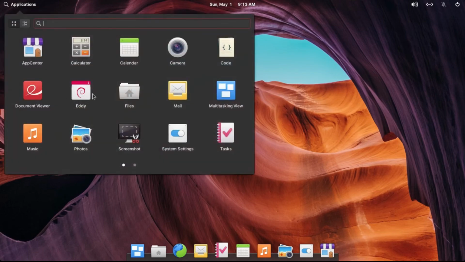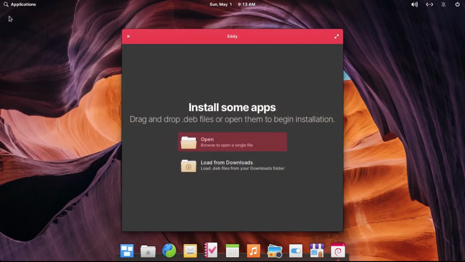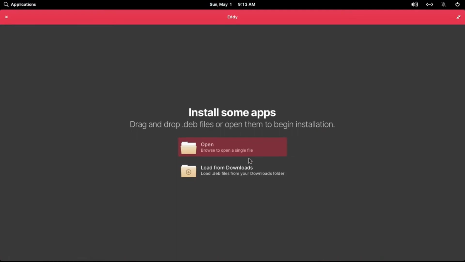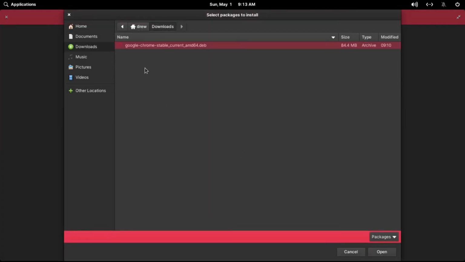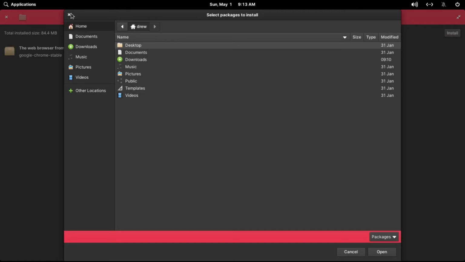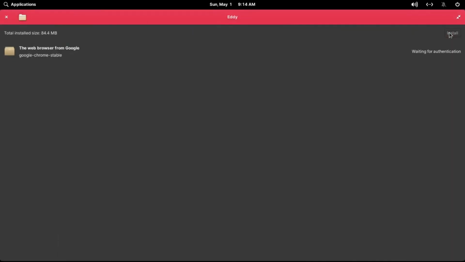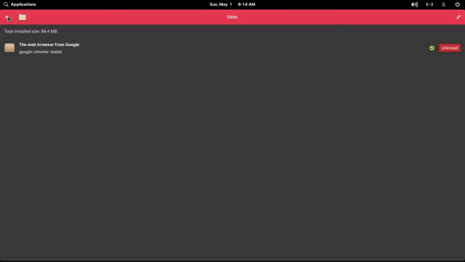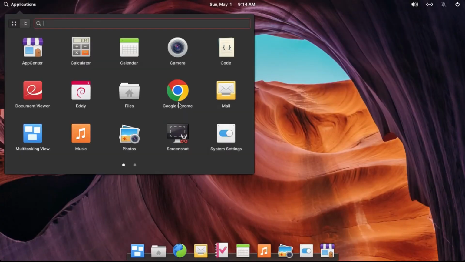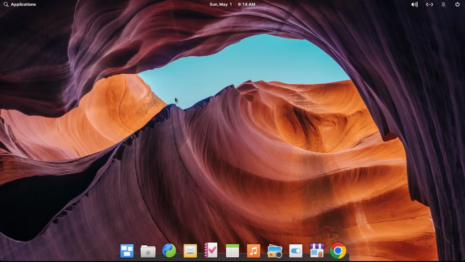I don't know why, but another way to get to that is you just go from your applications menu. And then what we're gonna do is open a .deb file from here, then go to downloads, and then our Google Chrome stable is right there, so we just click open, and then we can open more files by clicking on this folder icon. But anyway, we just click install, and it'll install all the ones that we've imported. Alright, then once it's finished, we can just close out of Hoo,